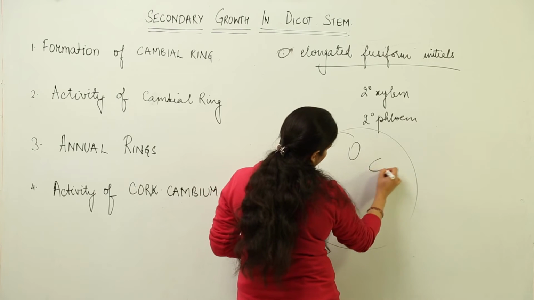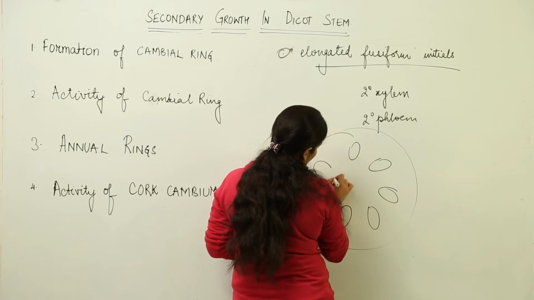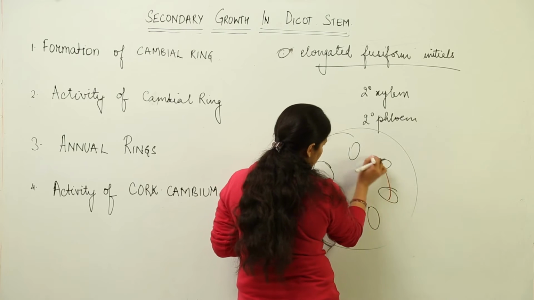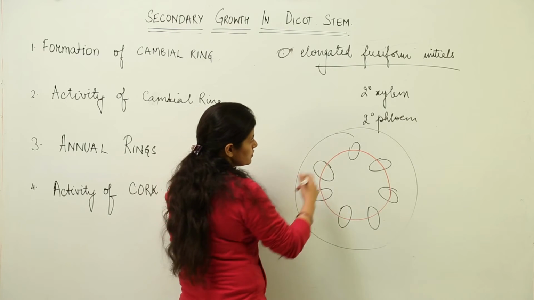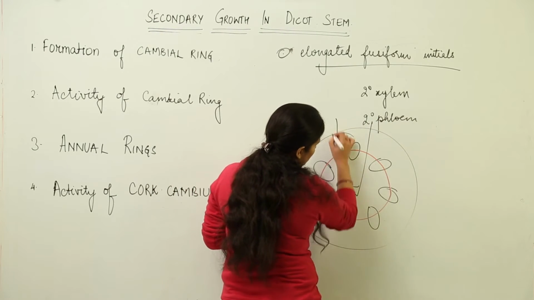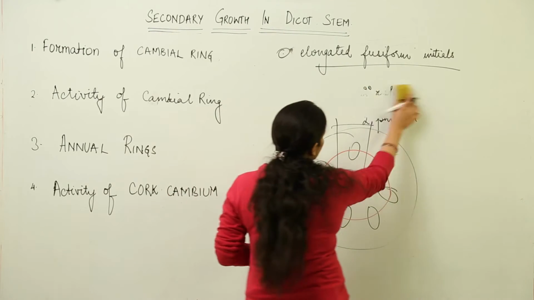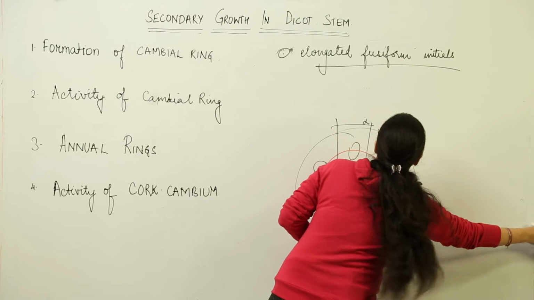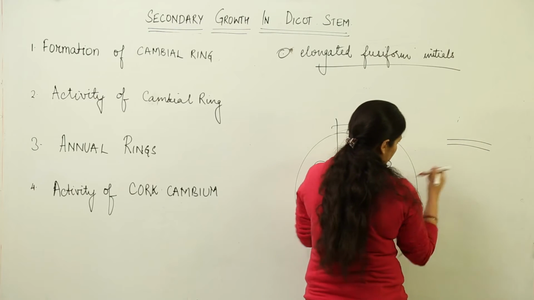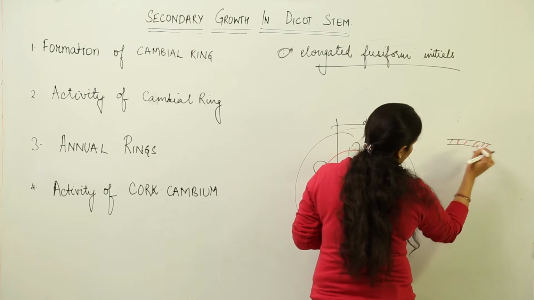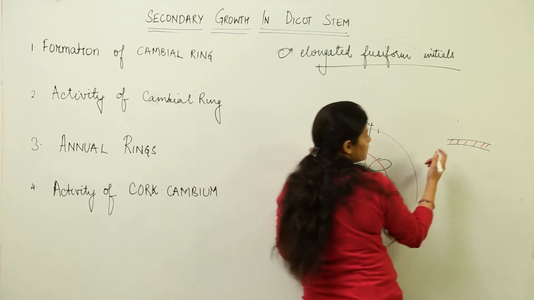The ring that was formed, now again try to recall what we had studied. There were vascular bundles like this, right? There was formation of a cambial ring like this that was in continuity, both interfascicular and intrafascicular cambium. Now we are going to take one part and observe what happens over there. So consider that we have this as the vascular bundle. This is the cambium supposedly, both intrafascicular and interfascicular, because we are considering just a part of it. The ring has been formed.